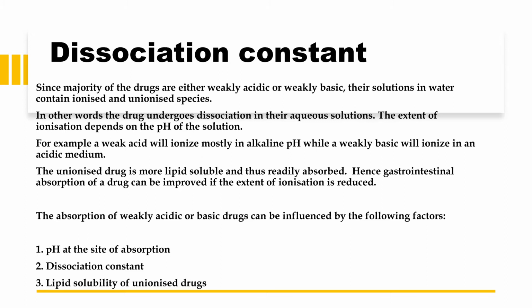Now the extent of the ionization depends on n number of factors. What are these factors? What is the pH at the site of absorption? The ionization varies with the variation in the pH. It is generally observed that most drugs are either weakly acidic or weakly basic. If we talk specifically, most drug substances are weakly basic in nature. So it is understood that basic drugs will be absorbed better in the intestines because they have a pH of 5 to 7, and weakly acidic drugs will be absorbed better in the stomach region because the pH is slightly acidic there.